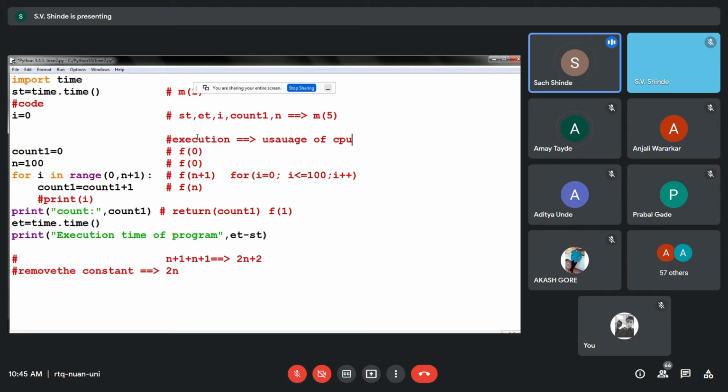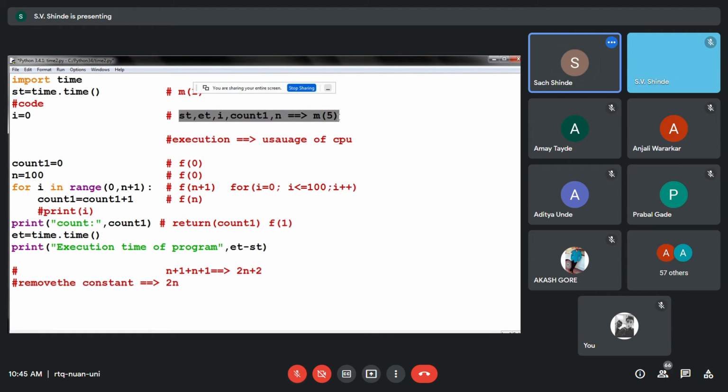And when we speak about memory, it is use of RAM. So these two concepts are different. Your program utilizes RAM and the central processing unit for execution. It uses two resources, one is the RAM and another is the central processing unit.